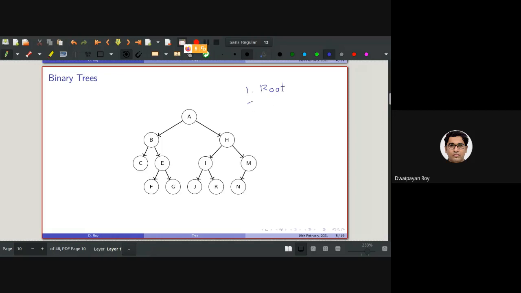Second criteria will be the rest of the nodes can be partitioned into m disjoint subsets where the value of m should be between 0 to 2. And the third criteria is obvious, each node other than the root will have one unique parent. So for completion, let's write that as well.